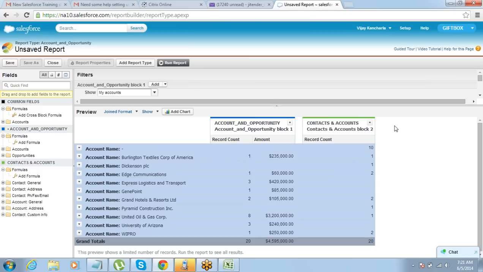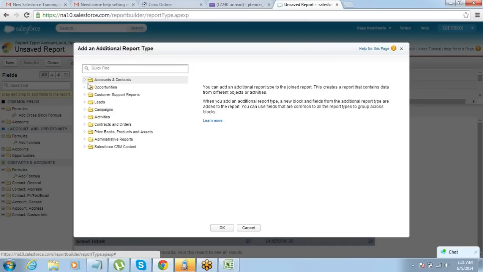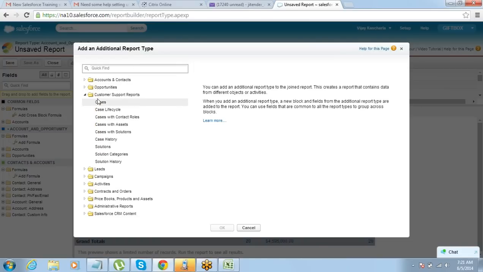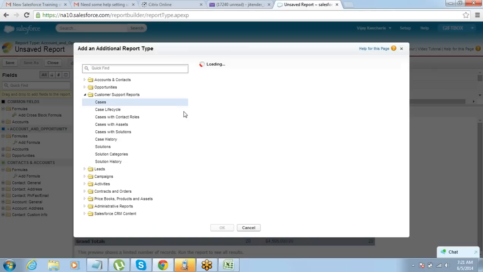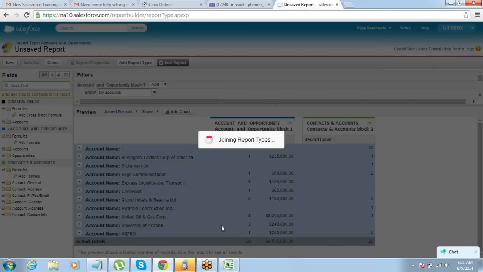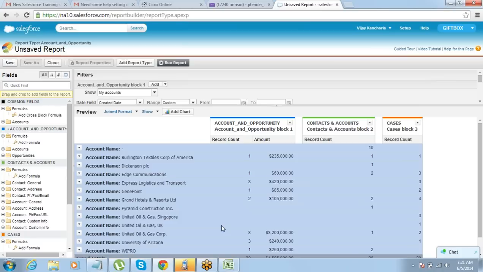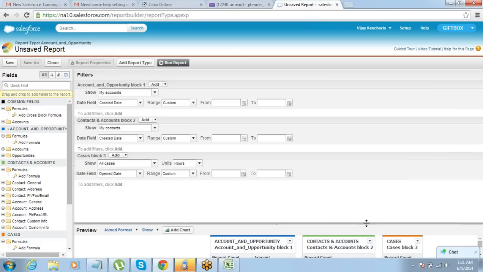I need details of cases also here. Go and add report type again, for cases, the third report type that we have included. So see, for each report type you have a different section for filters. You see this?